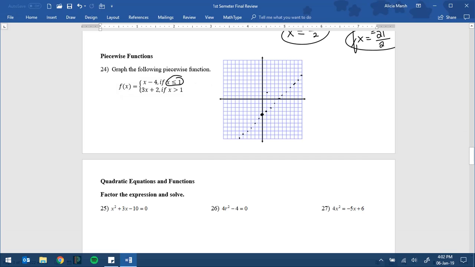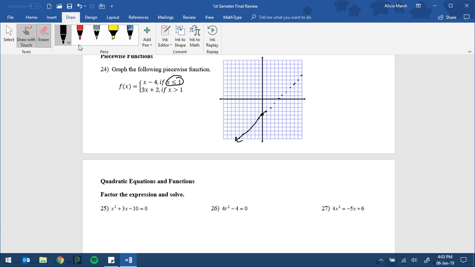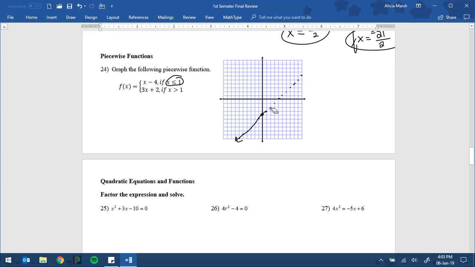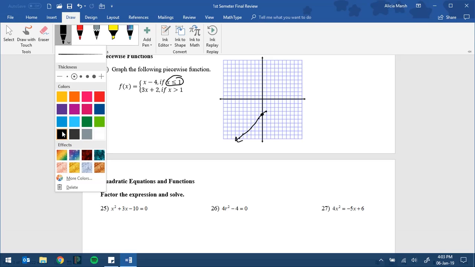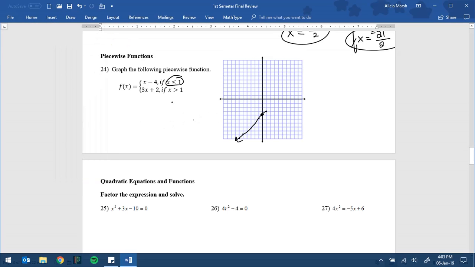So I'm going to go to 1 and decide which side of the graph am I keeping. Am I keeping this side of my graph or this side? Well, I'm going to be on the less than 1, so that means I got to keep this side of my graph, right? So that means I got to go up here. I'm going to take my eraser, do some cleaning of all my dots. There we go. Undo my eraser. And get my pen back. There we go. And then it is at equal to, so I'm going to put a nice big closed dot